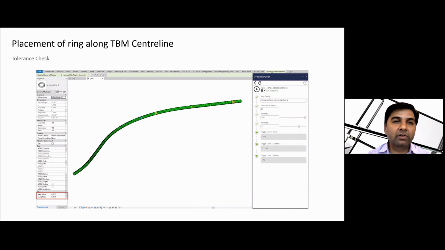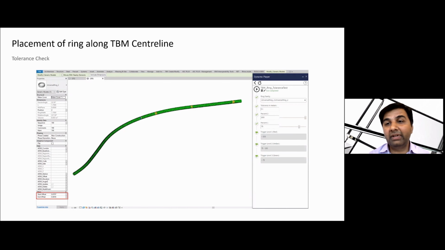But still, if the project manager or your client wants to see whether there are some rings that fall outside the tolerance, for example, here in the Dynamo script, I set a tolerance of 0.1 meter, like 100 mm tolerance. And this is a visual result. When we run this script, all those rings which fall above 100% of the 0.1 meter tolerance will be shown in red color.